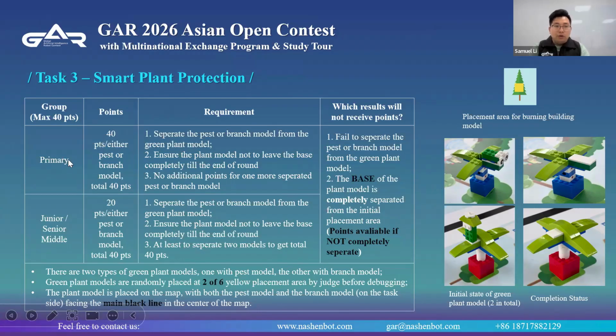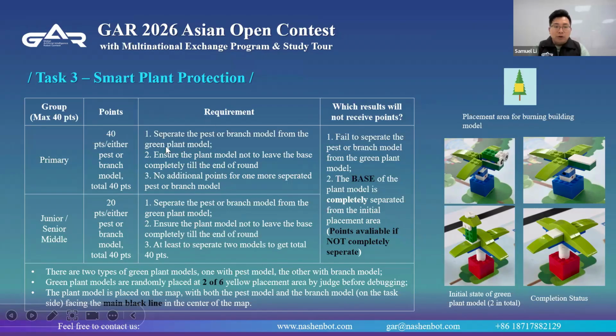For primary school group, if you finish either the pest or branch model, you can get 40 points. For junior and senior middle school, you need to finish both pest and branch models. If you finish 1, you can get 20 points.